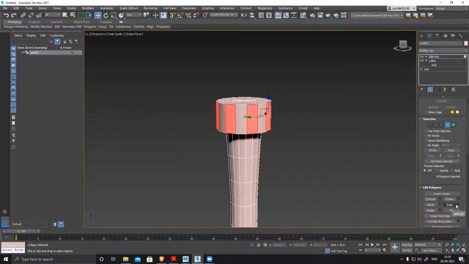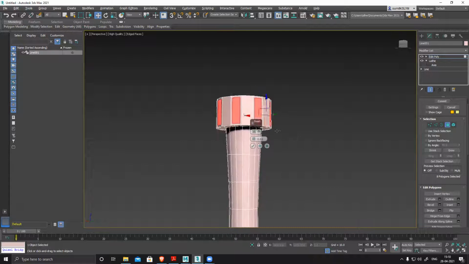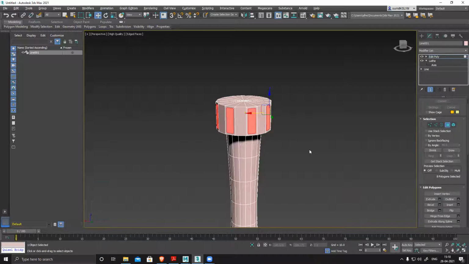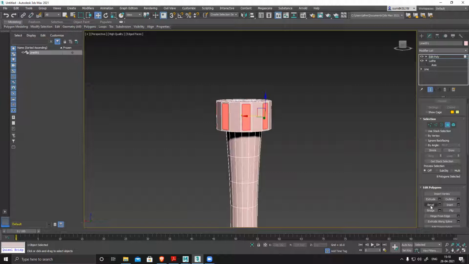So inset, with inset, what happens? It insets our same shape, the border inside this polygon. Click on inset and then increase. You can see it basically generates a border for that shape. By polygon or by group, you can do it. By polygon, it will work on each and every individual polygon. Or if you select four or five polygons together, it will work as a whole group, not individual polygons.